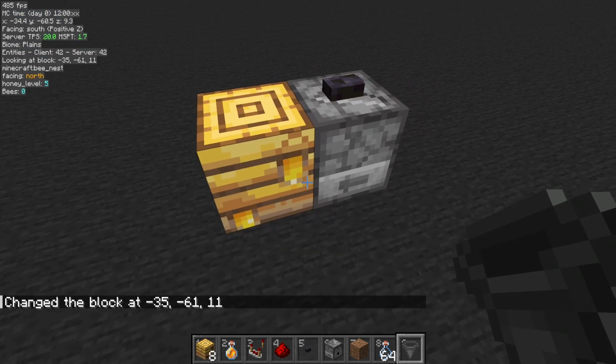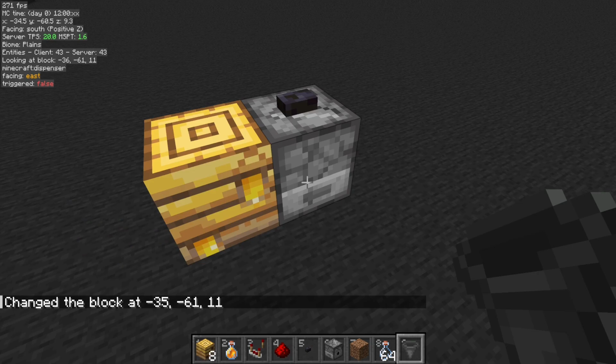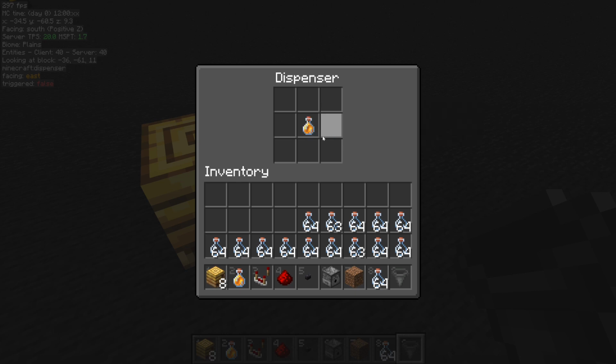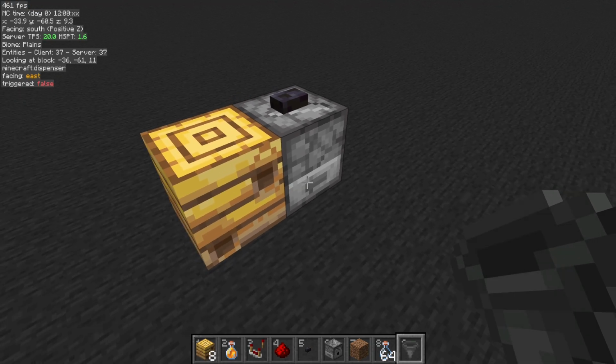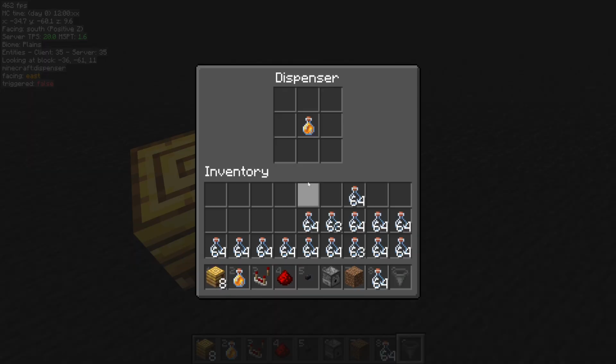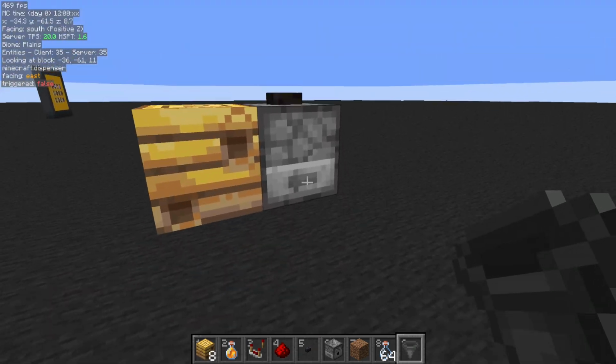So you can see right here, this one is full, and if I put a glass bottle in, it doesn't actually spit out anything. It sucks the honey bottle back in, and that's normally what we're preventing by filling it up. But what if we just flipped the way that we did it? If we didn't collect the spit out honey bottle, we collected the empty glass bottle and then came back later